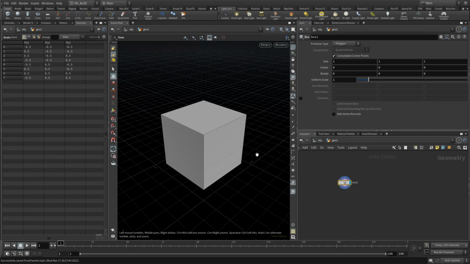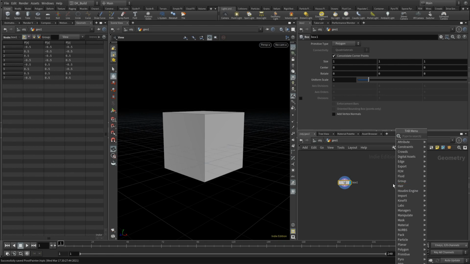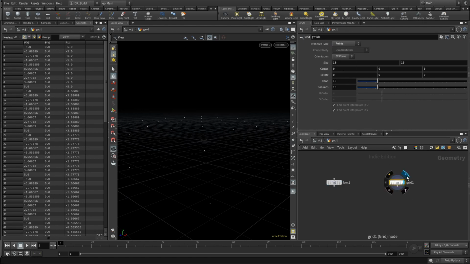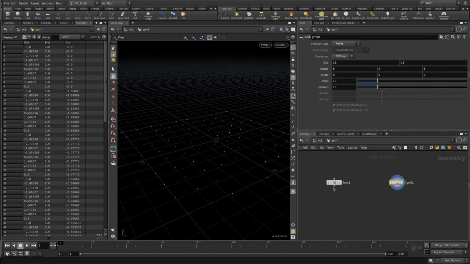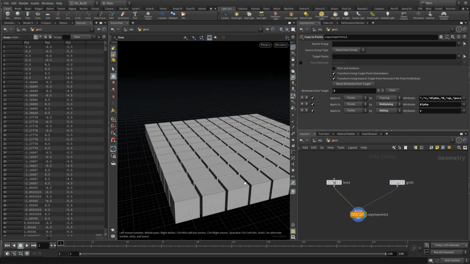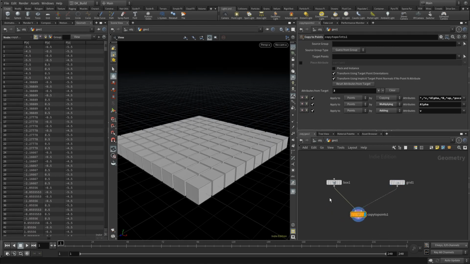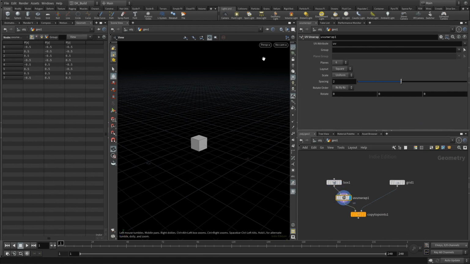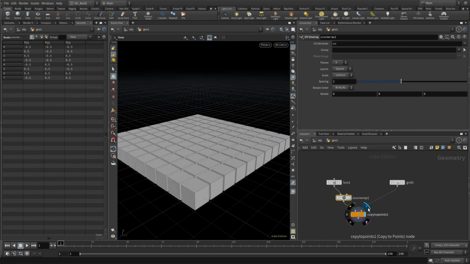Since this might interest some Unreal people that are not too familiar with Houdini, we keep it simple. I want a grid of boxes, with each box representing one piece of the mesh. So we create a box and a grid node, and we turn the grid from primitives to points. That allows me to use a copy to points node to place a box on each point. This workflow requires you to have UVs on your mesh, so place down a UV unwrap before the copy. That gives us what we need on the box, and the copy will simply duplicate the UVs as well.